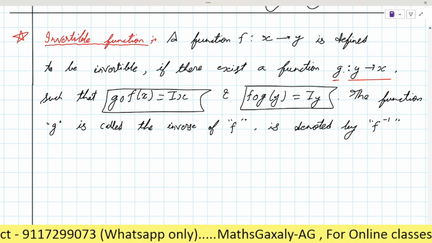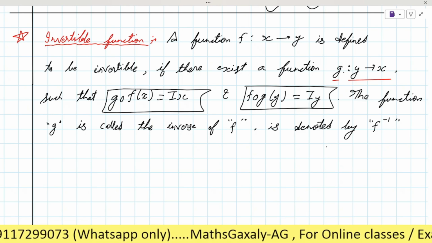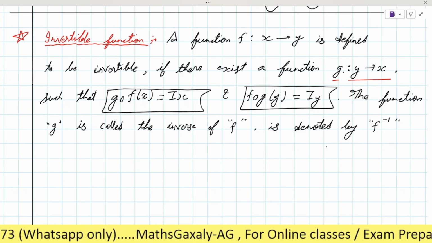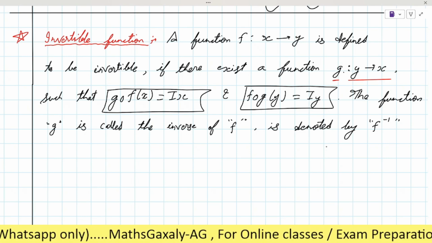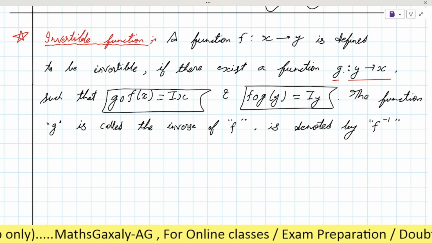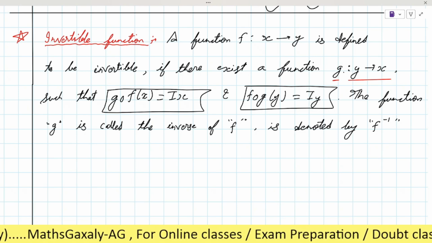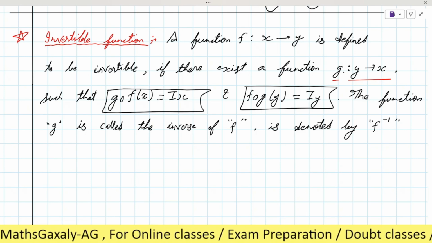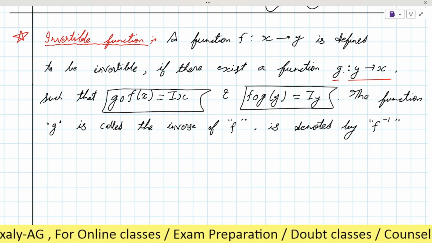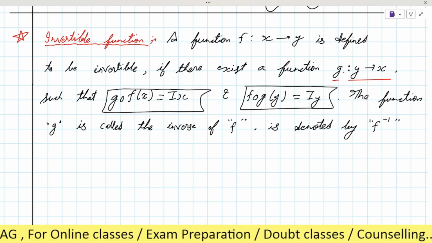Okay. So did you understand that there is a function f from x to y, and if there exists a function from y to x, which we denote by g, then g will be known as the inverse of f.